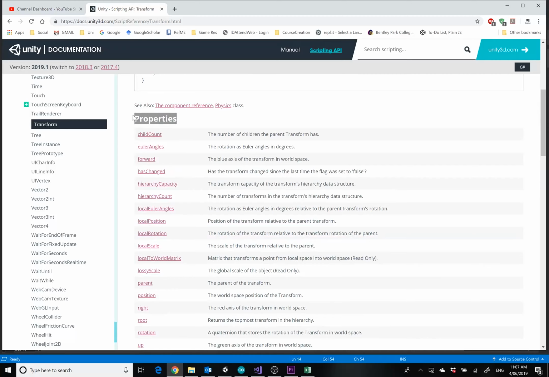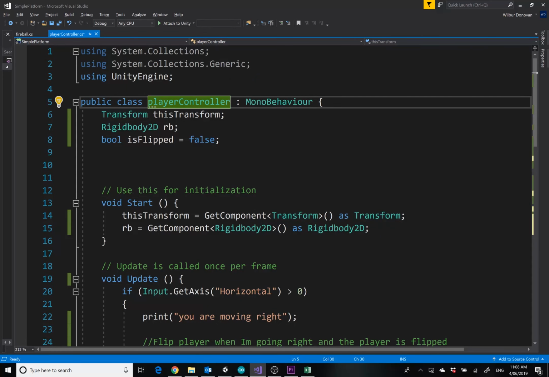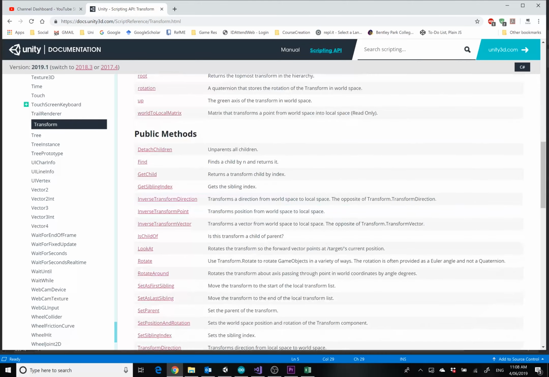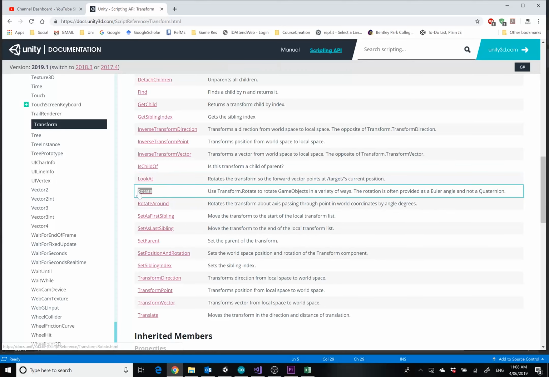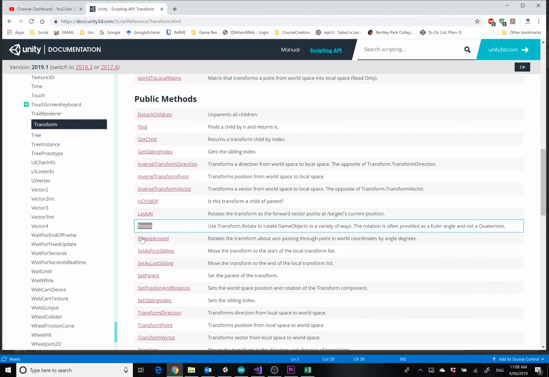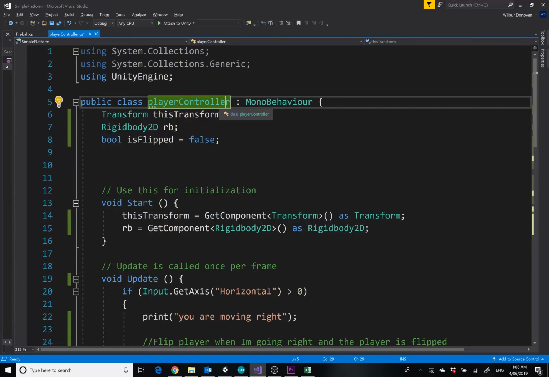Properties are just like variables that are inside that class. If I go back to the class that I created, we've created this class called player controller. All this, for example, is flipped, is a property of the player controller class. And methods are functions that are inside that class. So this dot rotate, sorry, I meant just rotate, is a method inside this transform class. It's just a function that was defined